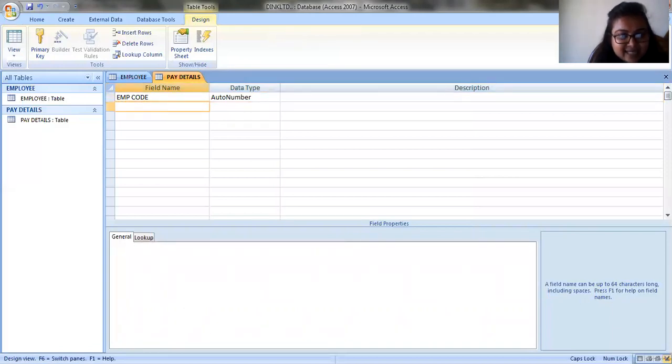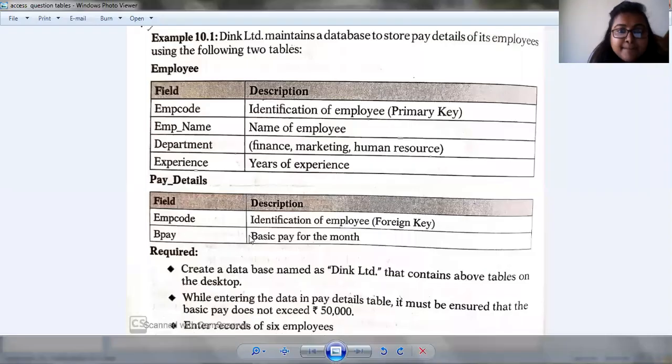Next is, what was the next? Next was basic pay. That is the basic pay for the month, and it has something that is, yes. Under the second, it says while entering the data in pay details table, it must be ensured that the basic pay does not exceed 50,000.